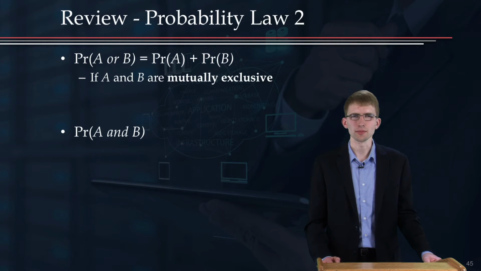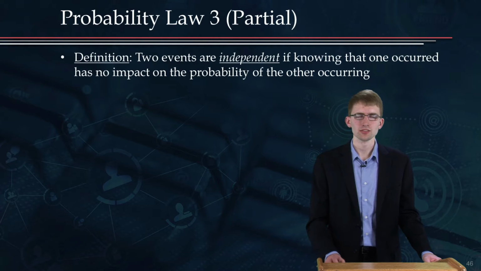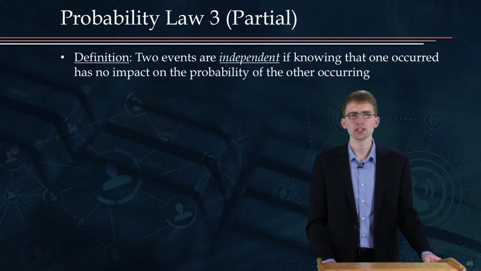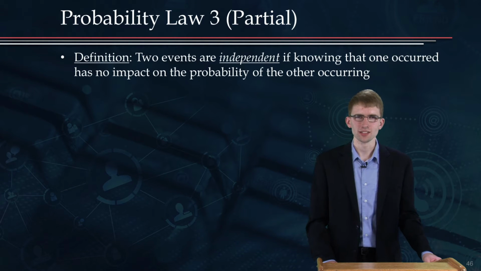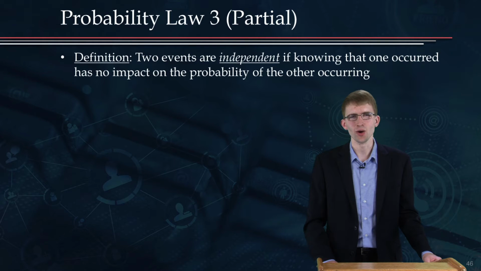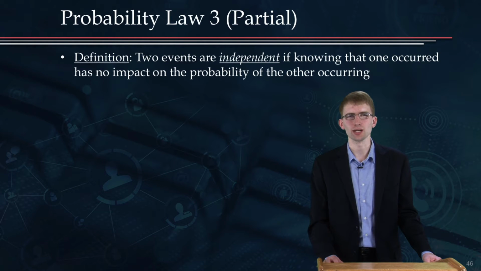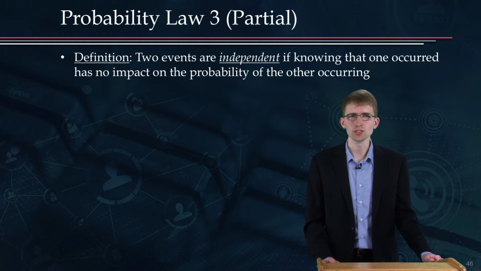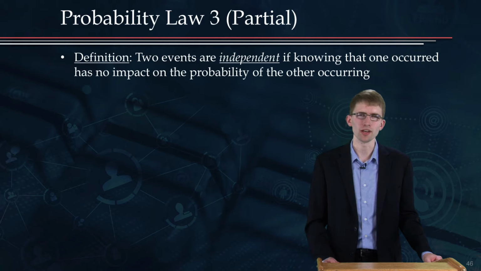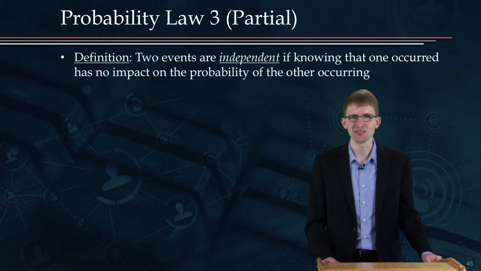We first need an important concept, the concept of independence. So 2 events are independent if knowing that one occurred has no impact on the probability of the other occurring. So for example, 2 consecutive dice rolls are independent. The outcome of the first roll should give me no extra information about the probabilities on the outcome of the second roll. Similarly, the ticket sales for the Boston Red Sox and the length of time on your commute on a winter day in San Francisco probably are also independent. Knowing that one happened or the length of your commute doesn't give any information on the probability that ticket sales will be high or low.